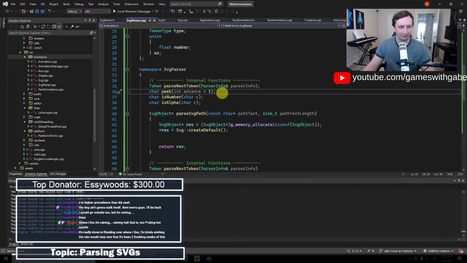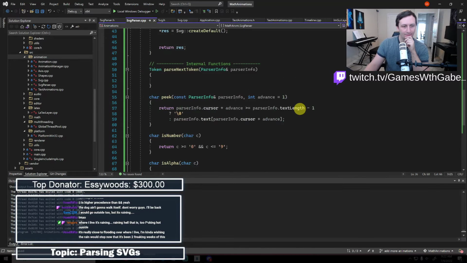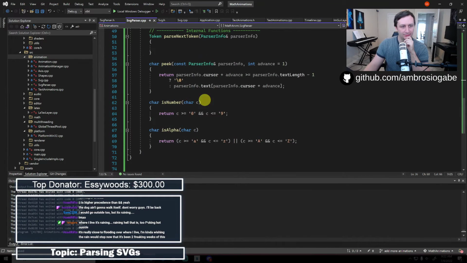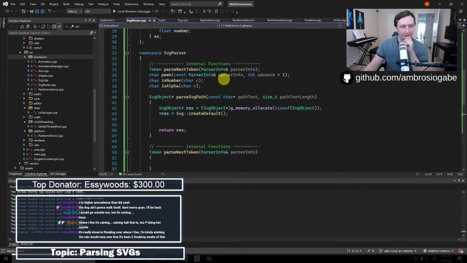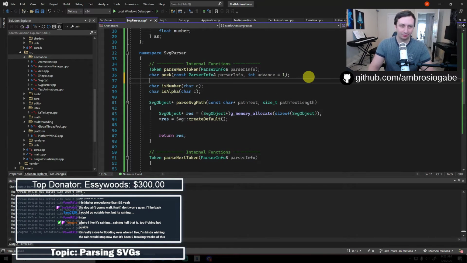And then I guess I will also have, let's also do, so advance, and we also need parser info. And that's const. Okay, so that's that. And I'm wondering if I want like a consume or something, or an advance. I think advance is probably all I need, but I like consume.